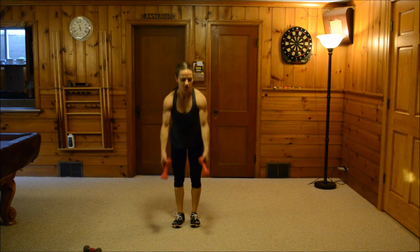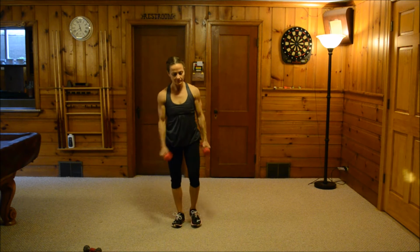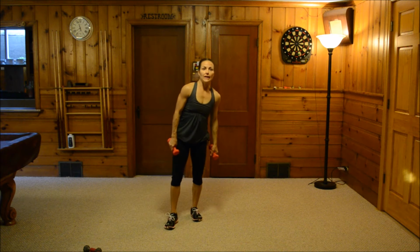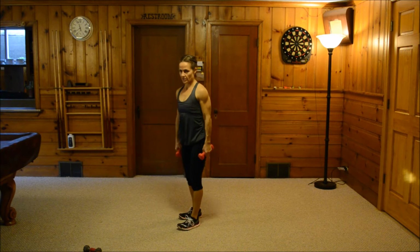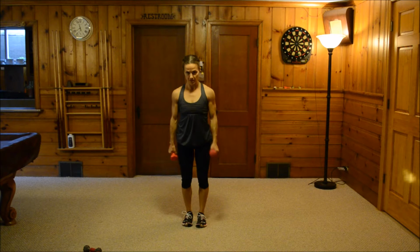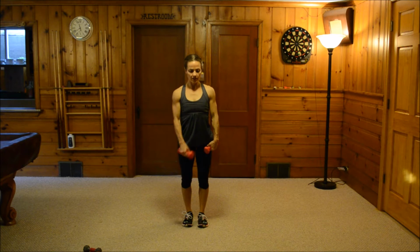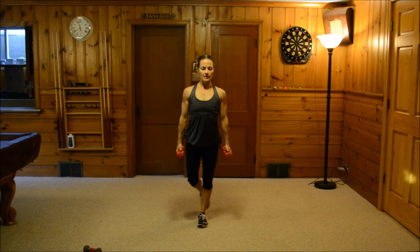6, curtsy lunge with lateral raise. Curtsy lunge is kind of a mix between a squat and a lunge. I'll do front first, and then I'll go sideways. I'm going to keep my left leg planted, so if I have on the sheet, curtsy lunge with lateral raise, left leg, that means you're planting your left leg. This leg doesn't move. Chest is up, shoulders are down and back. Take a step back,